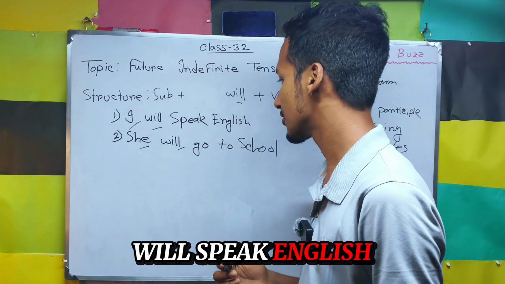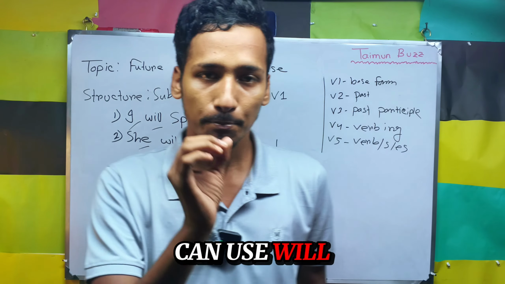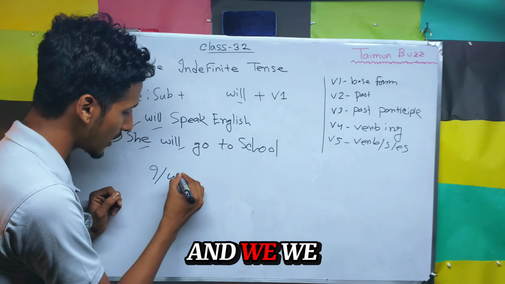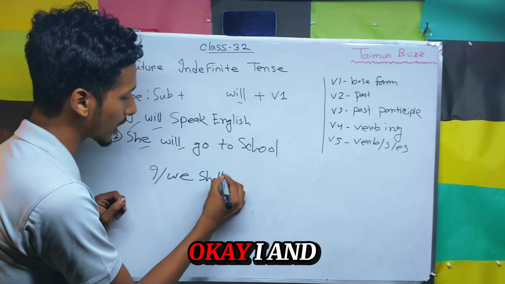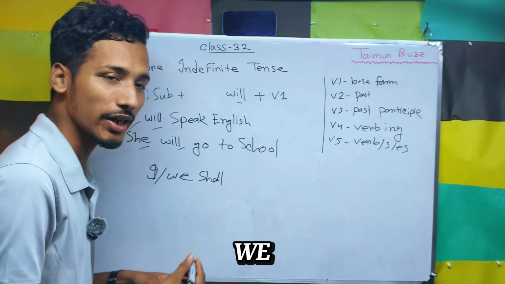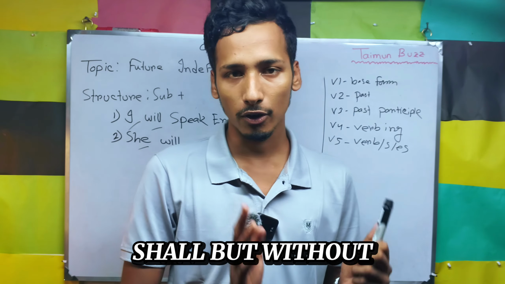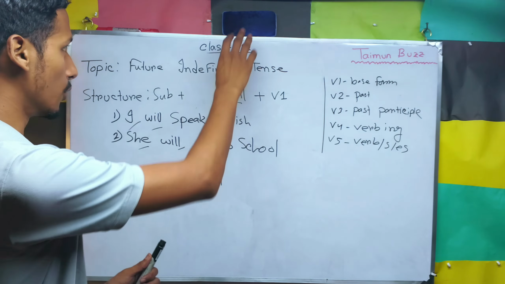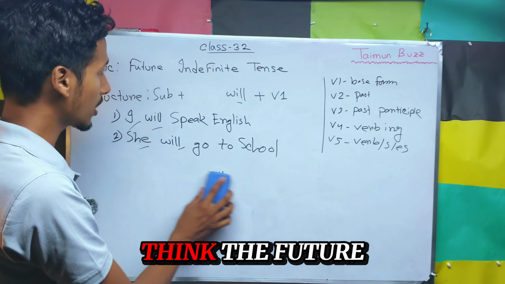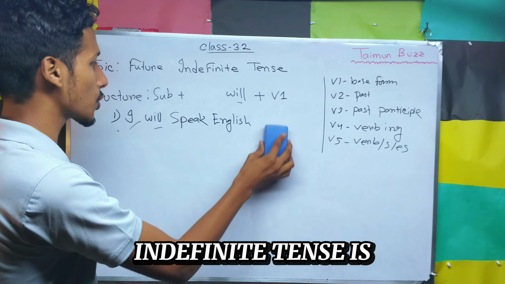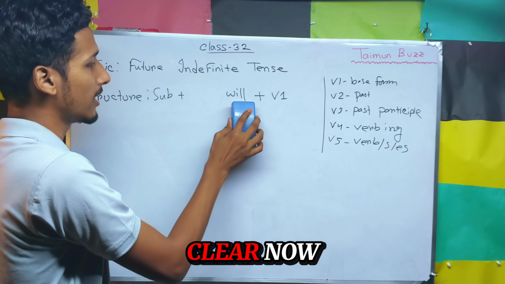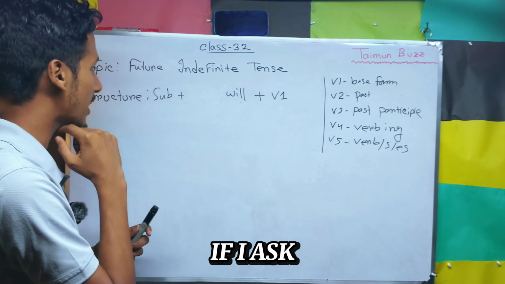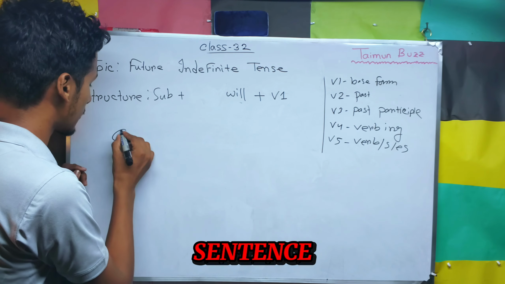She will speak English. So you can always use will, but you can also use shall with I and we. Okay, I and we can use shall. But without these two, we have to use will. Okay, so I think the future indefinite tense is so clear. It is so clear. Now, if I write a sentence and ask you what the sentence is,